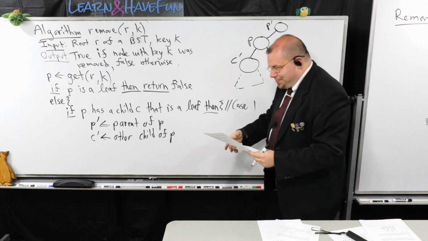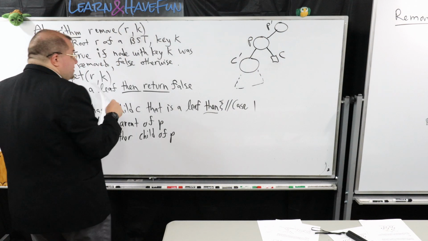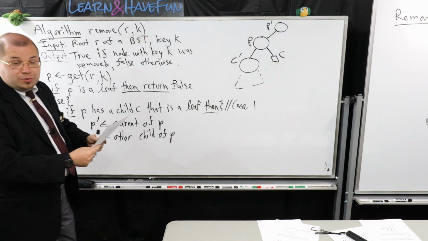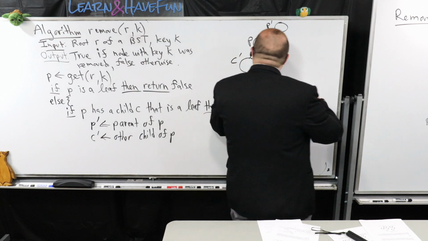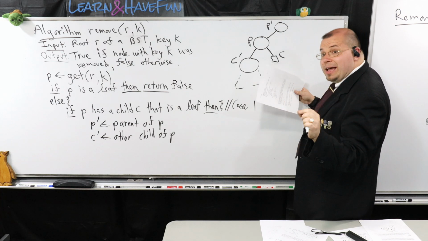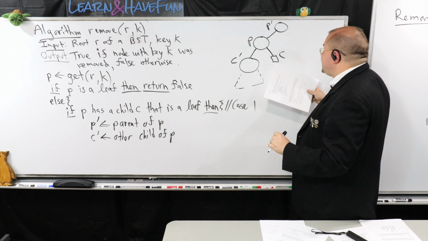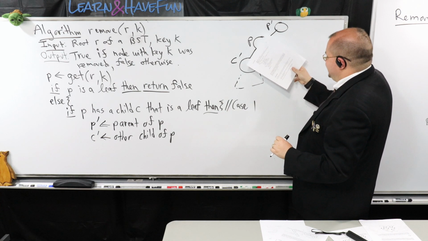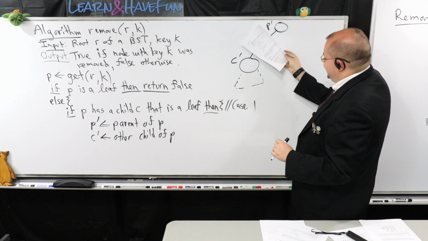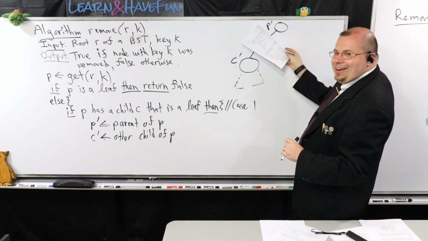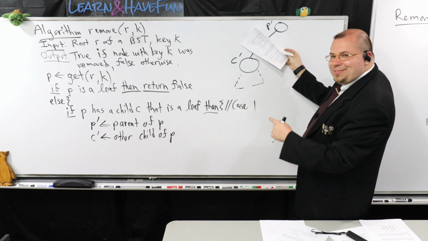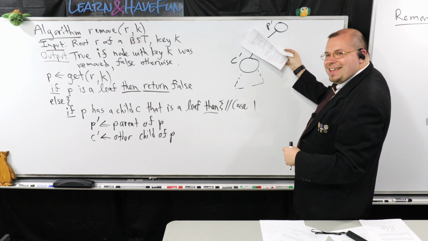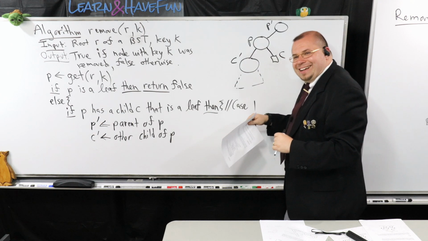So we have these nodes. Now remember what I told you. The goal here is to get rid of P and a leaf node so that I can replace it with everything else. So watch this. So I'm just going to put that over here. And that's what I want, right? That's what I want. And that's what the algorithm's going to do.